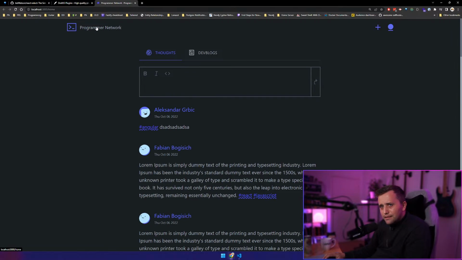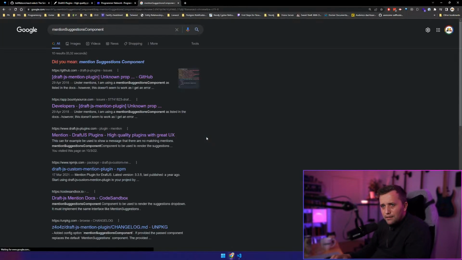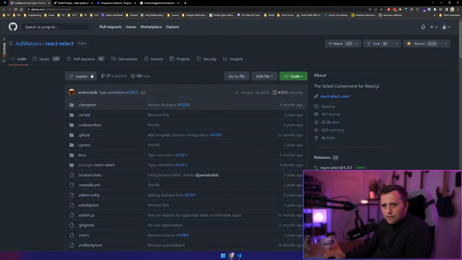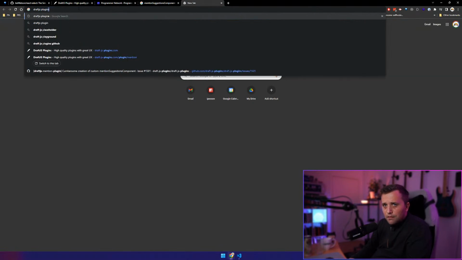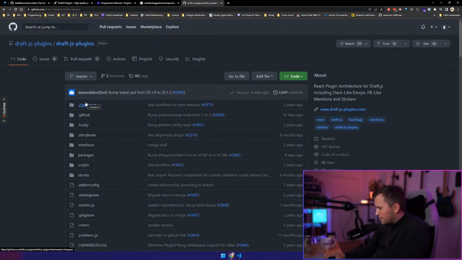They don't really have an example of this, so I mean, it's okay. Maybe I'll just need to read the source code, but it's not gonna be as simple as I thought, right? So maybe we can try and see how they did it. That's the thing when you're building a social platform like this, you just need to